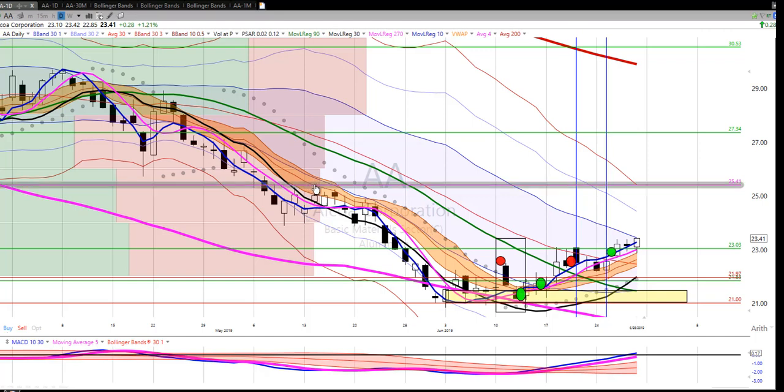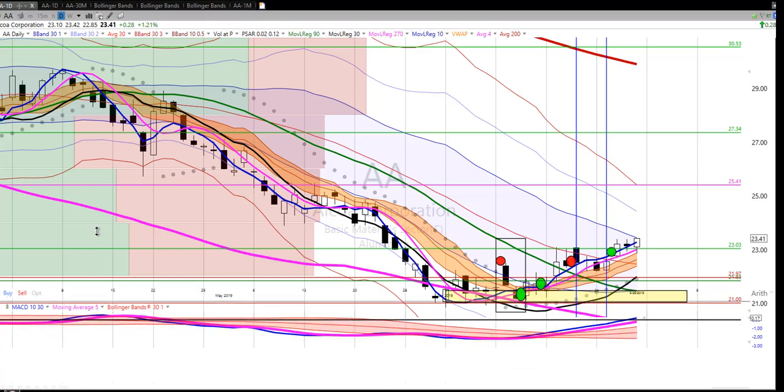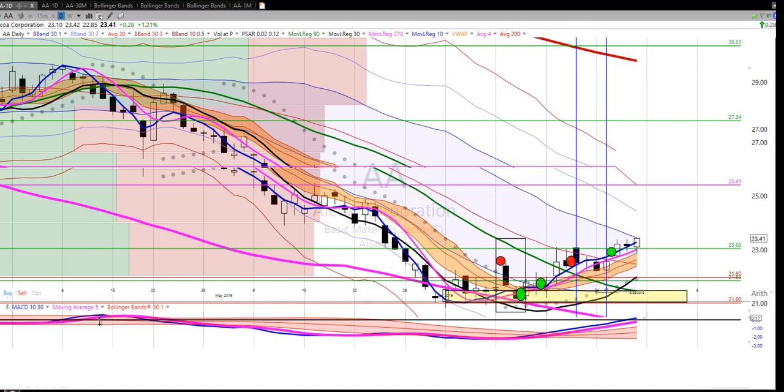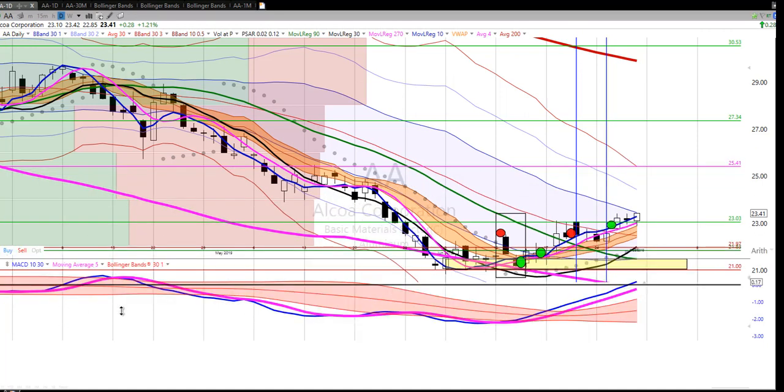The dragon is the 10-period simple moving average with a 10-period Bollinger Band plus or minus a half. That's the dragon. Then you notice the PSAR, parabolic stop and resistance. I use the volume weighted average price, volume at price on the left-hand side. And then down below, we've got the moving average convergence divergence, the MACD histogram, or the MACD, if you will, the 30-10 with a 5-period moving average and a